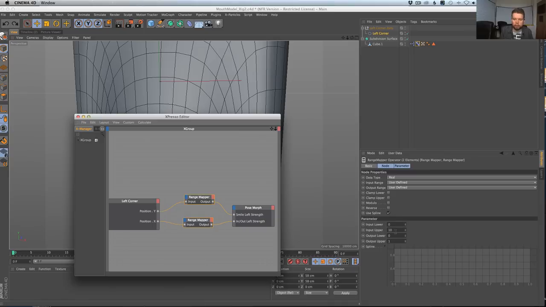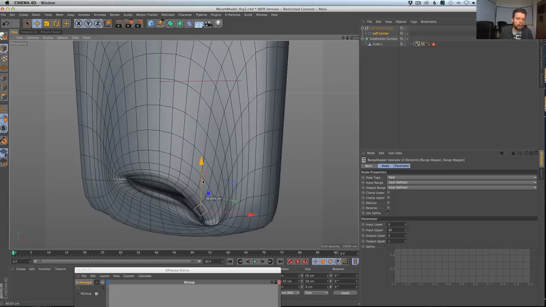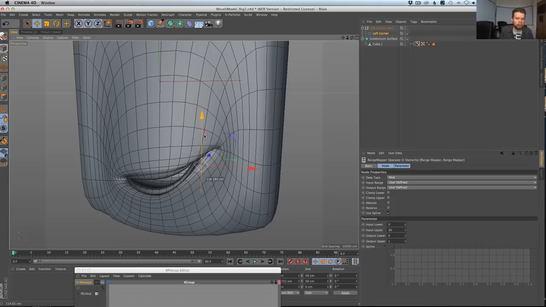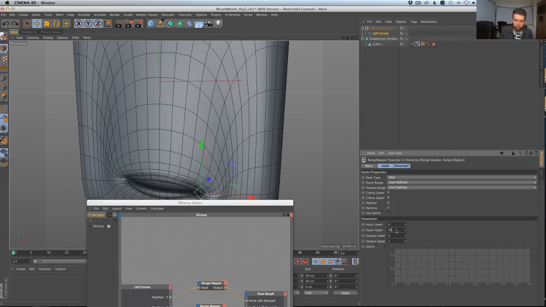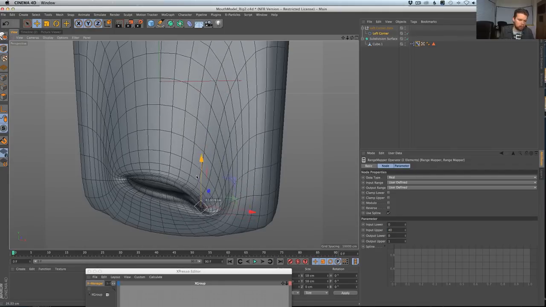So let's go back into a range mapper, and I'm just going to guess 30. So for every 30, it's going to do. Now, look at that. This is almost a 1-to-1, and we actually don't need it to be perfect. It's still maybe a little much, so maybe we could put 40 in. So now you see it's actually tracking almost perfectly. It's actually kind of irrelevant. It doesn't have to match.